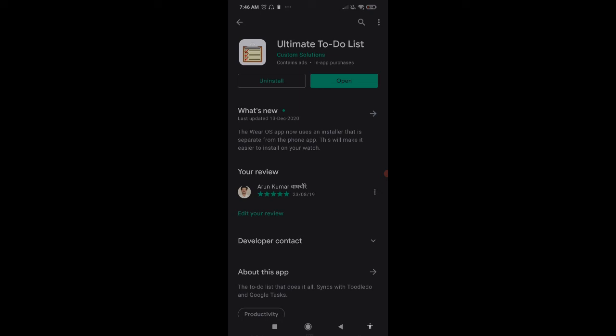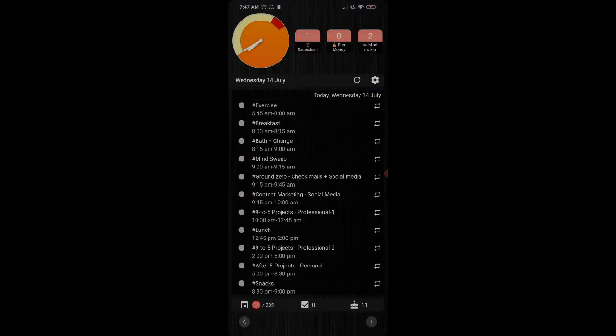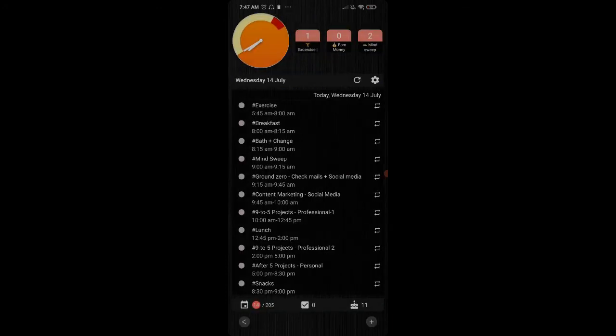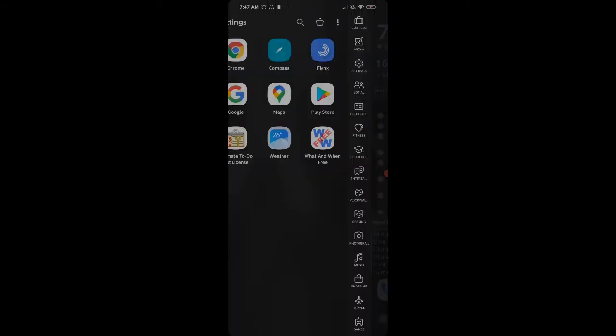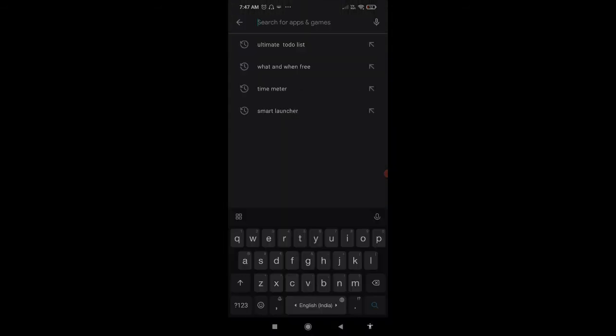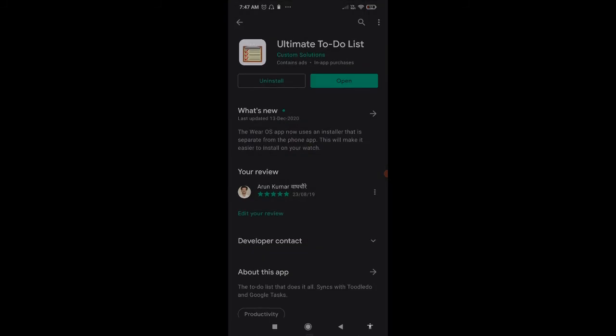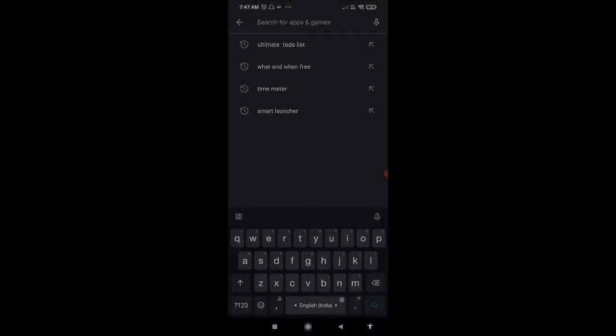So this is a to-do list. Once you start using this to-do list, the widget, and you can put the widget on really a beautiful to-do list app. I liked premium version for this. This is the most when I slide left,